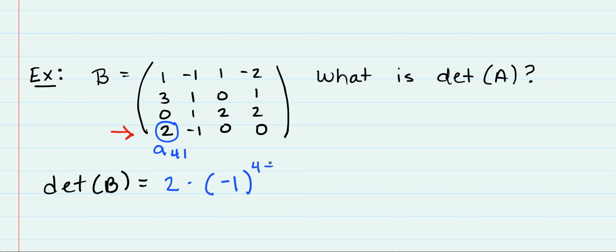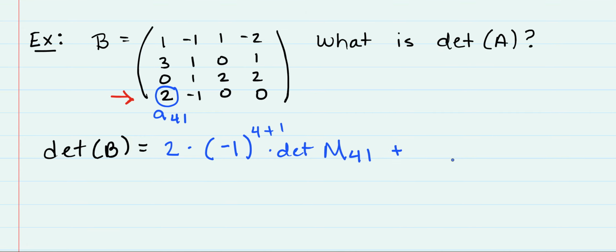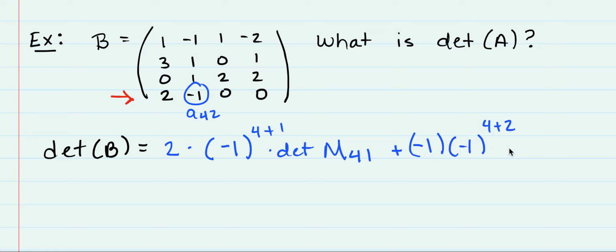So it's negative 1 to the 4 plus 1 times the determinant of M41. Add to it, this is A42. So this is going to be negative 1 times negative 1 to the 4 plus 2, determinant of M42,